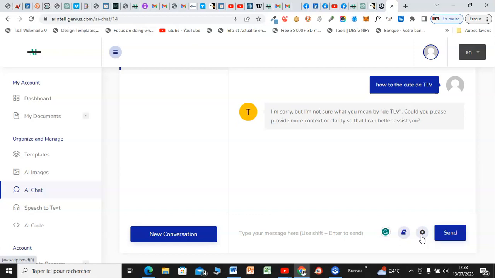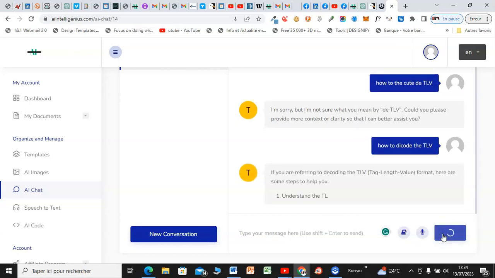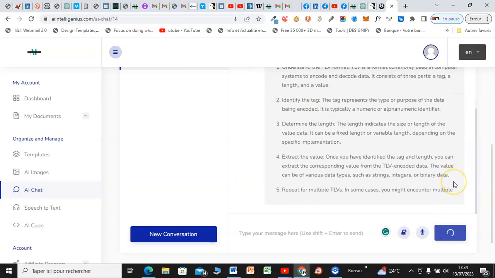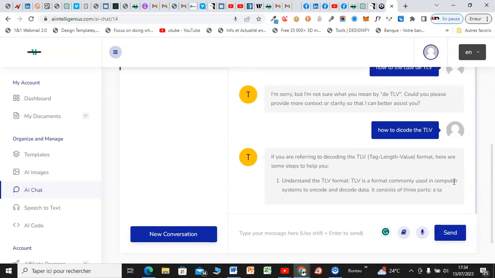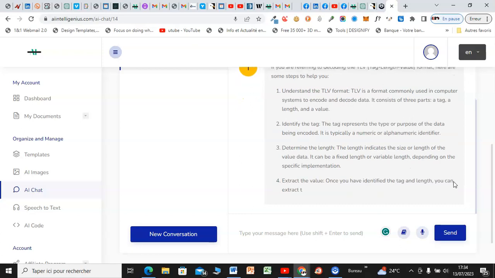How to decode the TLV. Let's say it again. How to decode the TLV. Okay, this one is a good one. So let's send. If you are entering into decoding the TLV, tag length value. Folks, in the e-course that I'm talking about, we're going to talk about TLV, we're going to talk about tag, we're going to talk about a lot of stuff, I will show you a lot of stuff that you don't know in the